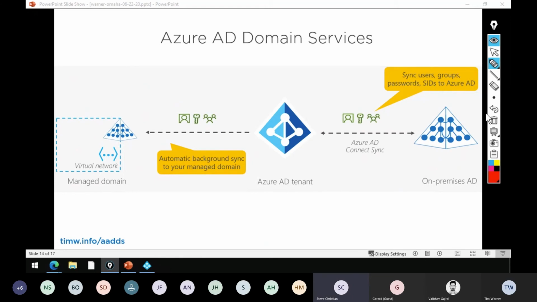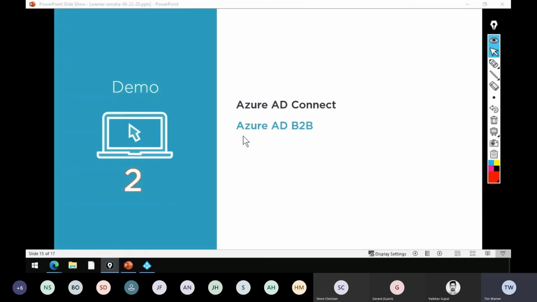But typically, if you don't have a domain controller on-prem, however you need Kerberos-based or legacy authentication protocols, like was shown in the first slide, that's typically when you'll need to use that. But odds are, it's a lesser used Azure service, but it's there if you need it. Yeah, and that's good. Better to have it there and not need it than need it and not have it there.